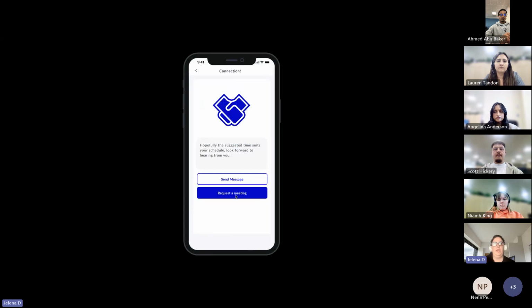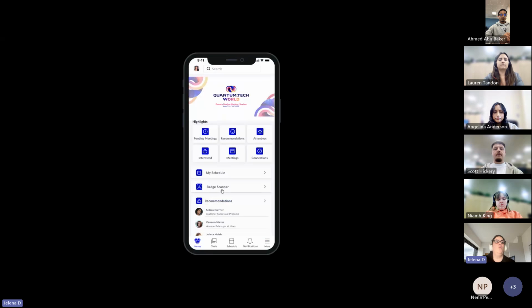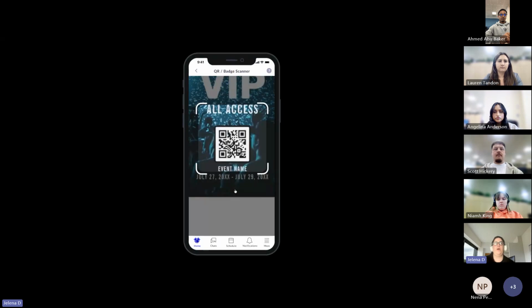Once you choose connect, you will be able to send them a message and also request a meeting. When it comes to the most important part of the mobile app, you will be able to access your badge scanner. What is very important is that once you first log into the platform, please do allow the app to access the camera, because if you do not do it, you will not be able to successfully